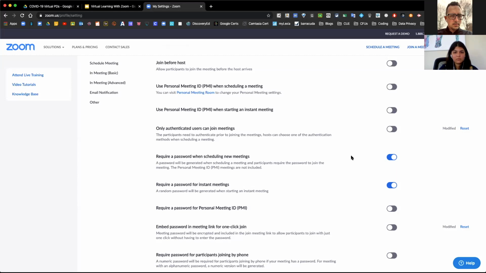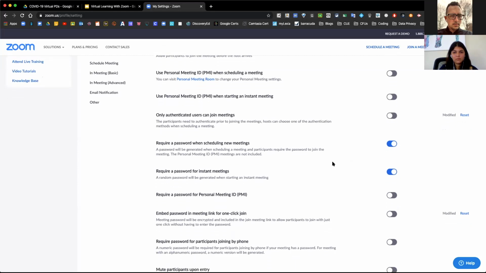That is a randomly generated password that Zoom creates. Those are customizable, so you can create your own password for your meeting. So I would suggest probably doing that and making it even more secure so it's not just random numbers that somebody could try to figure out and guess. I would make it a more secure password, and then you can share that password with your students. Then they would be able to access your meeting.